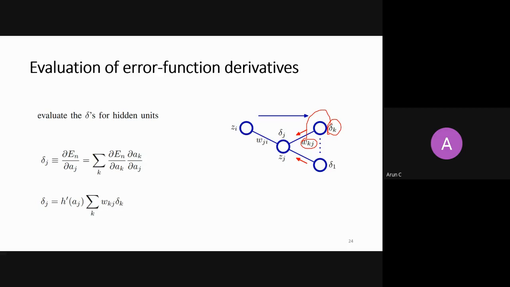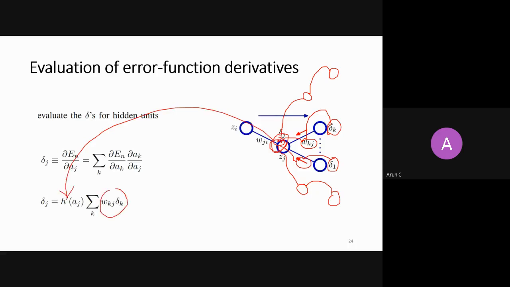And then I multiply it with the derivative of the function, h dash, right? I do it for every path. I multiply this delta 1 with the weight, and then I multiply it with the h dash, and I am summing them up. Similarly, this is delta k, multiplying that particular weight, and then multiplying it with h dash, right? So I do it for every path. This is weight, and then I multiply it with h dash, and I'm summing them up, right? Because h dash is common, that's why I bring this out of the summation.